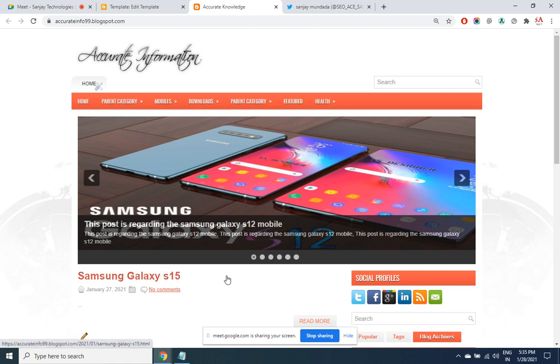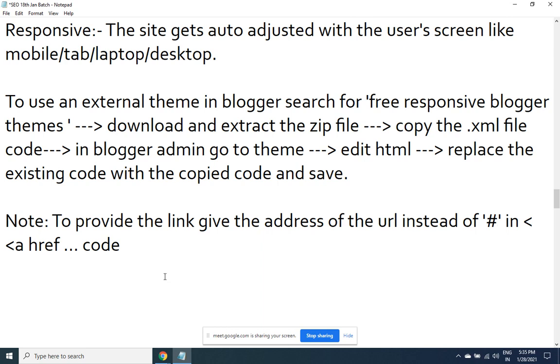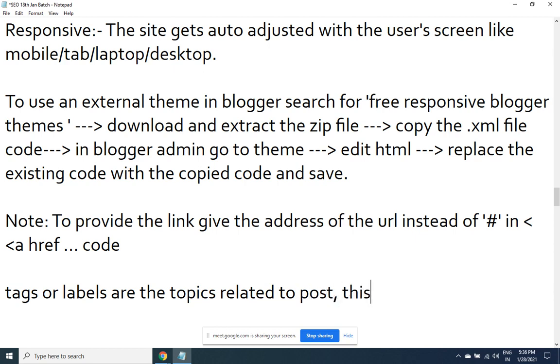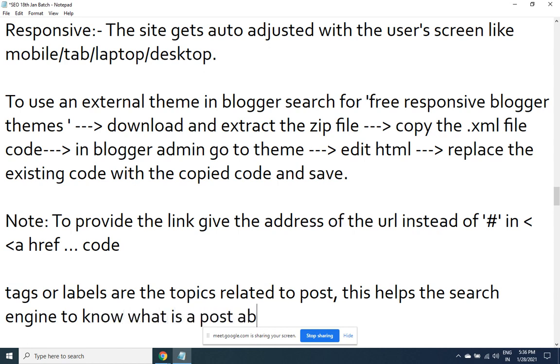What exactly is the tag? Tag and labels both are the same. Write it down. Better use tags. In WordPress it is called a tag.